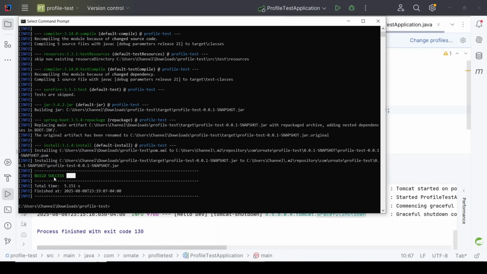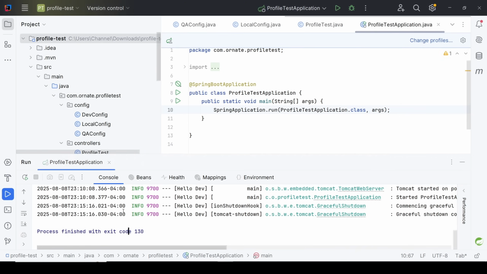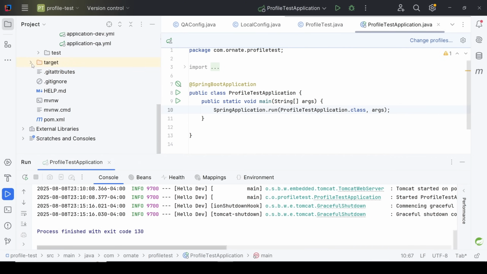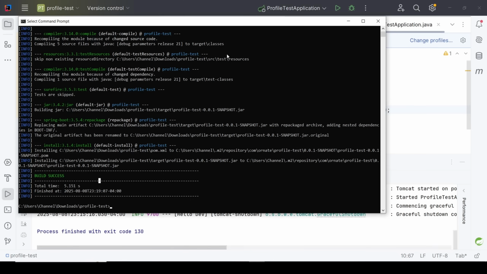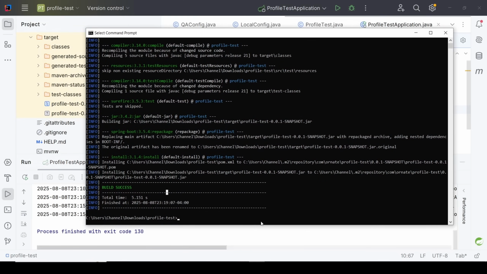Now, if everything looks good, you should see a build success, and then the target folder should be generated where you will see the name of your jar, okay? So now the jar is what we need to use in running our application. So for example, you want to run your application, you want to do a java -jar, and then since the jar you want to run is in the target folder, you just do a target, okay,